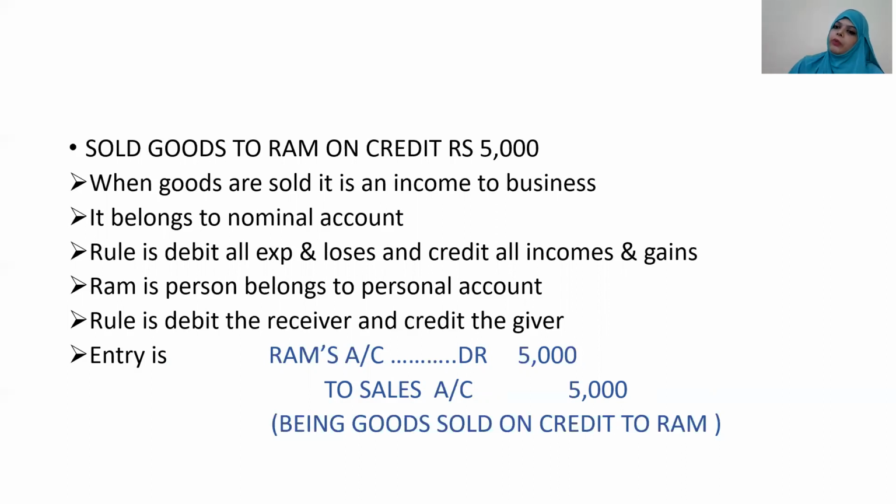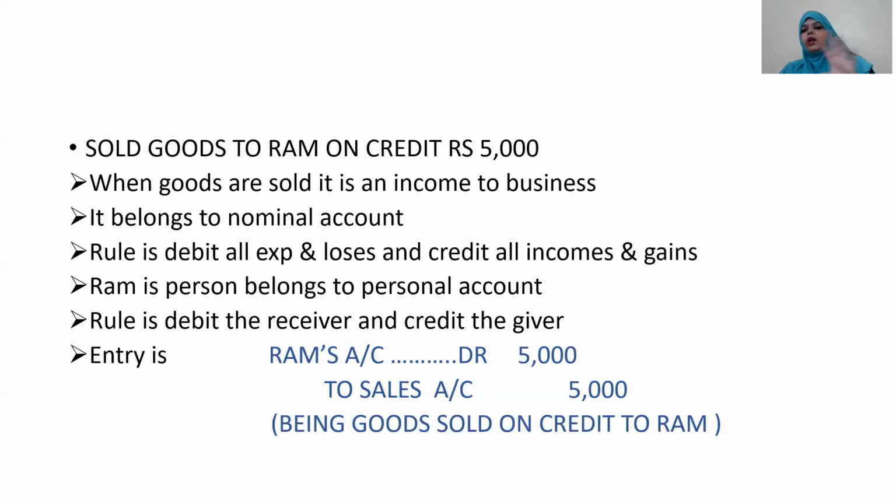You can see that if you bought on credit, we have written the reverse entry, that plant account debited to Shyam's account. But here, if we are giving credit, we have written a reverse entry, that is Ram's account debited to sales account. So you understand the difference, who is the receiver, who is the giver. So accordingly, we'll do the transactions.